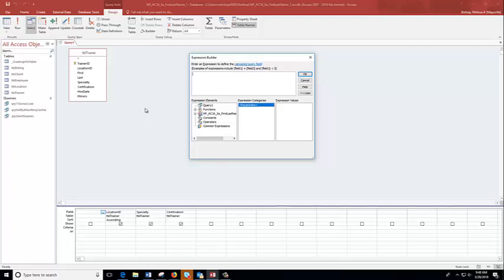So typically we can only have one field in each column. This time we want to put two different fields in the same column. So to do that, first of all, we have to type in what we want it called. So we want to call that trainer name, and then we want to put a colon,